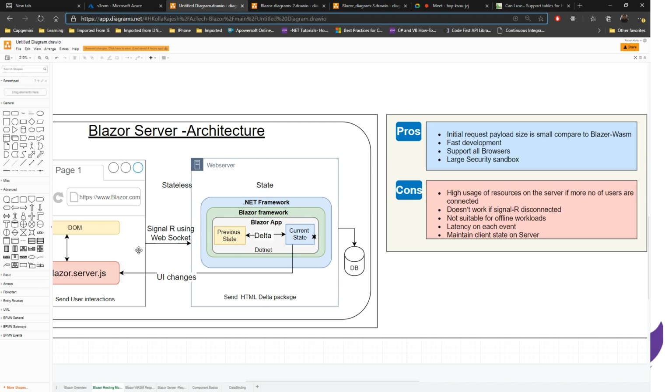But the advantage is it will support all the browsers, and it is fast development, and the initial load is very small. The initial payload is very small compared to Blazor WebAssembly. These are the two hosting models. Just we can switch to the